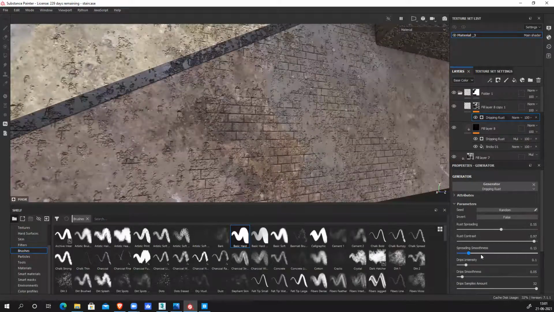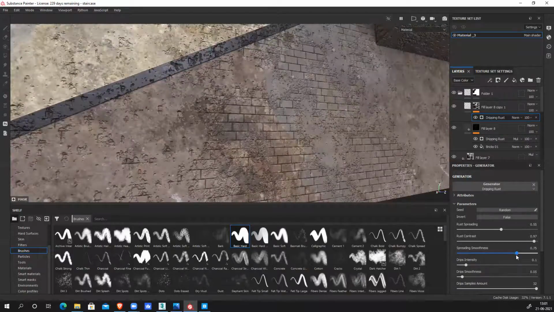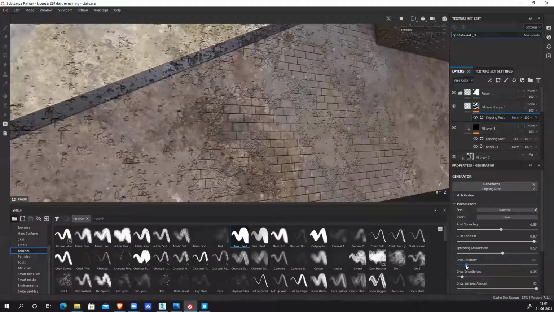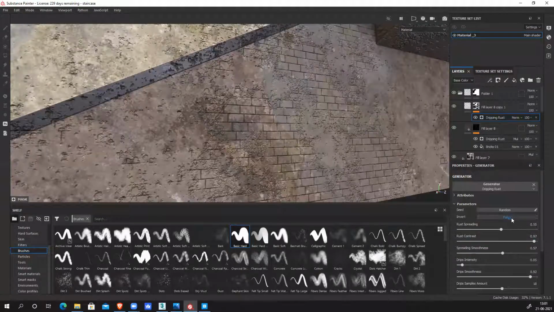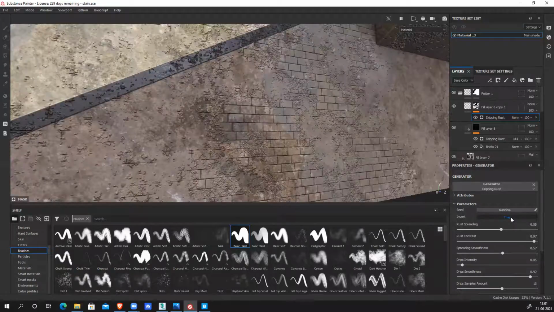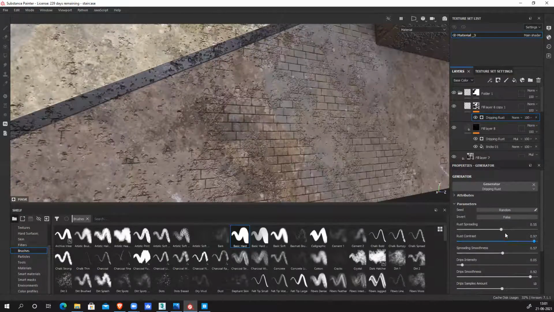Smoothness I can increase or decrease. Drip intensity, I can smooth it out. It's too noisy.